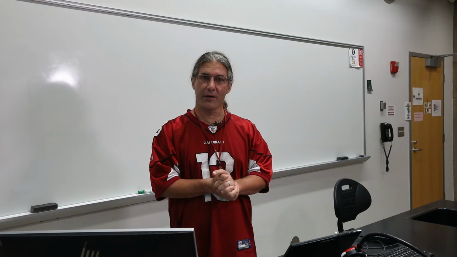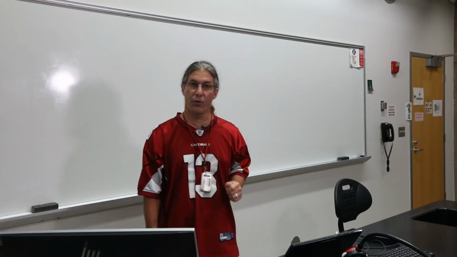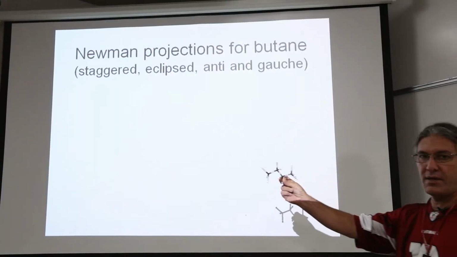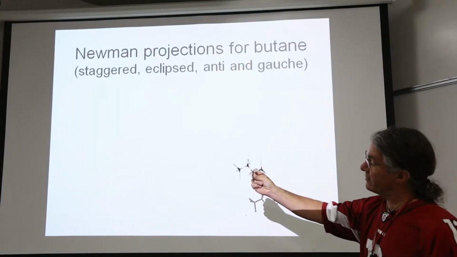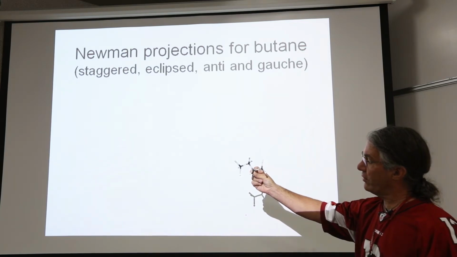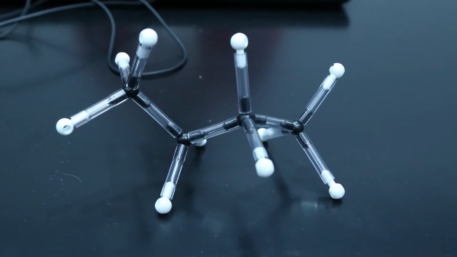Welcome back, and we're going to explore conformational isomers with a slightly more complicated molecule, butane. And as before, I've built molecular models of butanes. This is a butane molecule, and it's the way we typically draw it on the board in a skeletal structure or a Lewis structure with the carbons all in a row, and the first carbon is pretty far from the